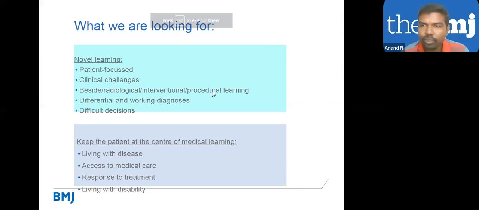So actually BMJ Learning is a patient-focused journey. So we look for unique things in the treatment procedures, what the doctors are using, any novel treatment methods that were followed for treating the patients. Everything is revolving around the patient. This is a highly patient-centered journal, actually. And the key is the patient at the center of the medical